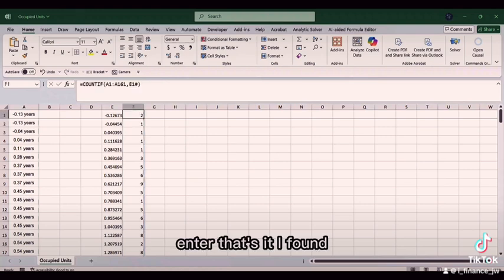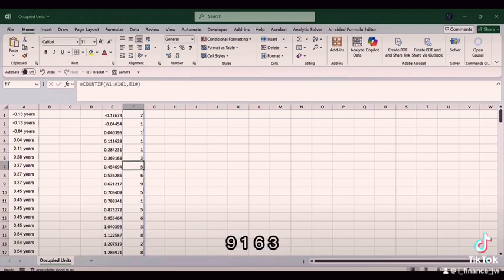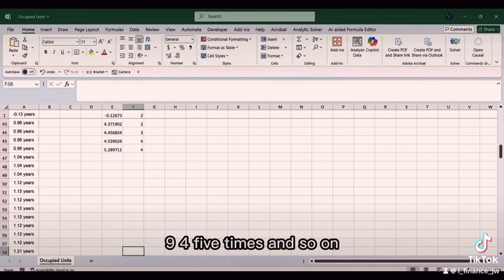Enter. That's it, I found it. So value 0.12673 repeats 2 times, 0.04454 1 time, 0.369163 3 times, 0.454094 5 times, and so on. Okay, so now